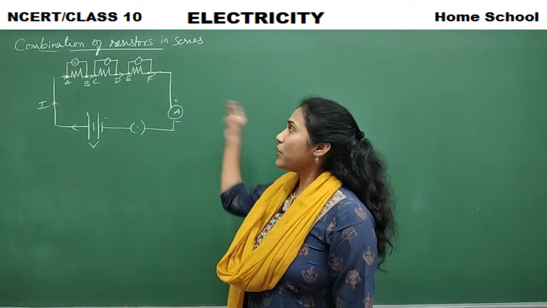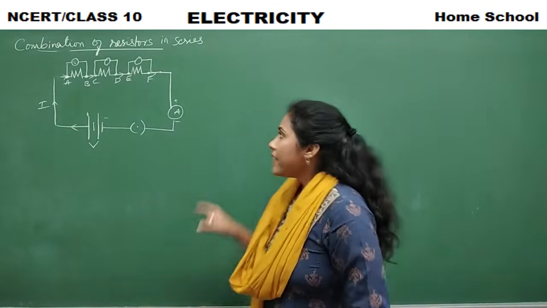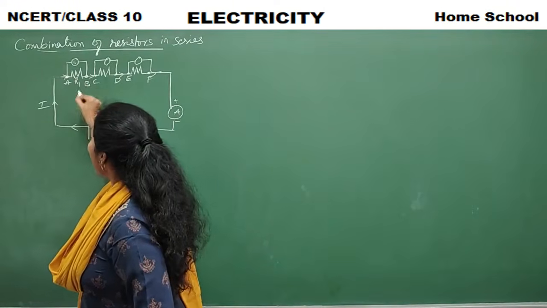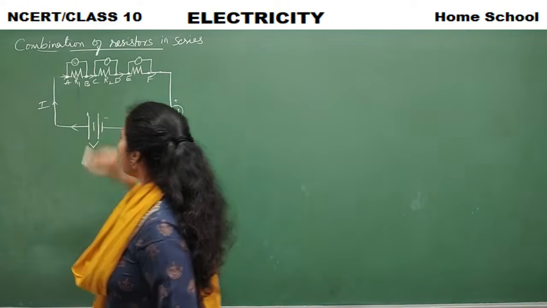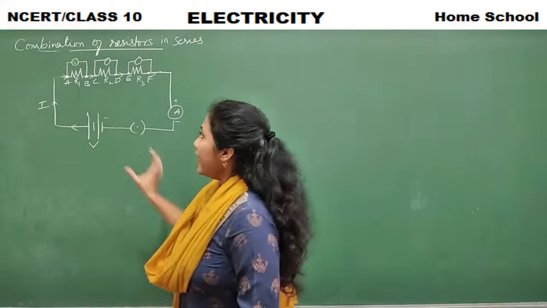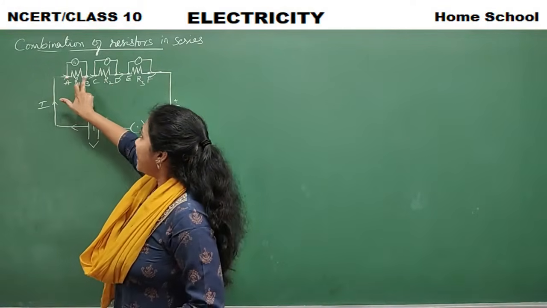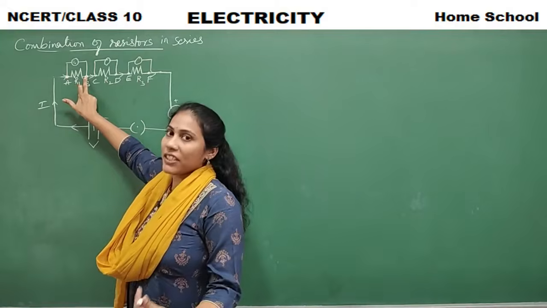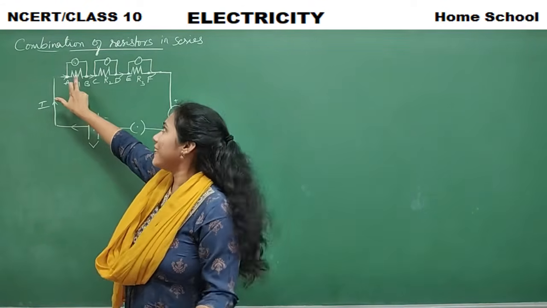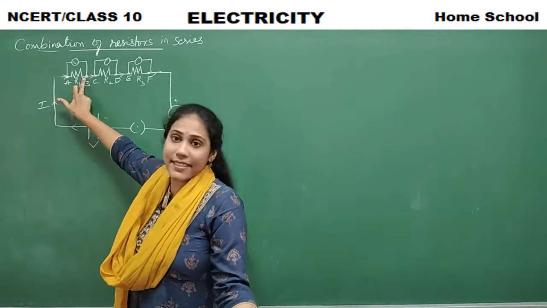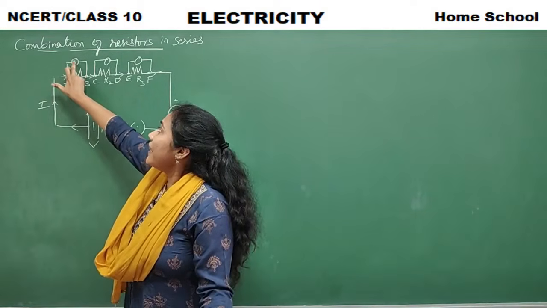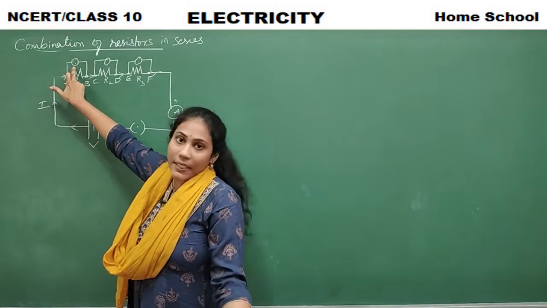Coming to the combination of resistors in series, say we have taken three resistors here, one having a resistance of R1, another a resistance of R2, and this one a resistance of R3. A and B are the ends of a resistor. You would observe a certain potential difference, that means an electric pressure difference, in this resistance from this point to this point. To measure that, a voltmeter is connected in parallel.